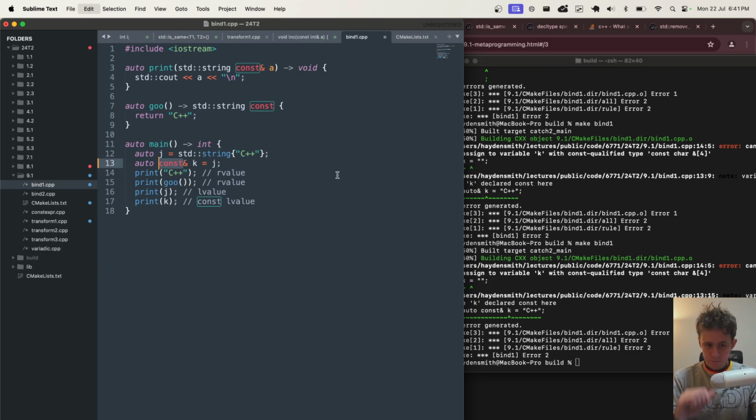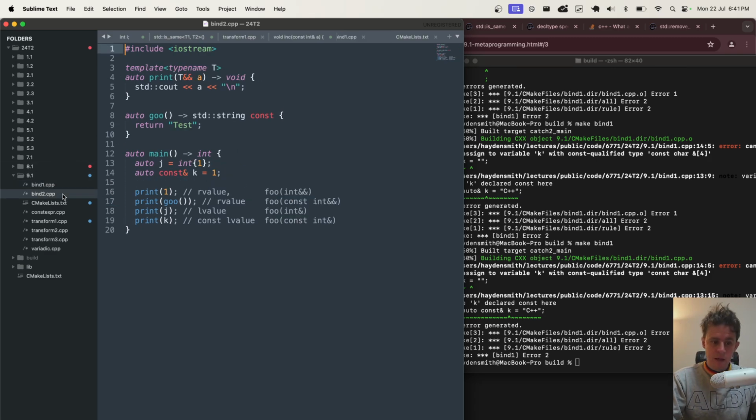So, yeah, that was a fun little adventure. But the point of that is that that's the non-templated example. The templated example looks like this. If you were making a templated function, you would try and make it like this. I think there's the obvious question: wait, so const T ampersand doesn't work in templates? Let's try it out. Actually, let's do it with the templated version first.